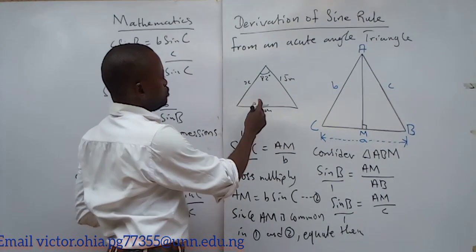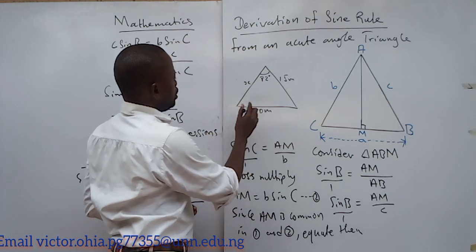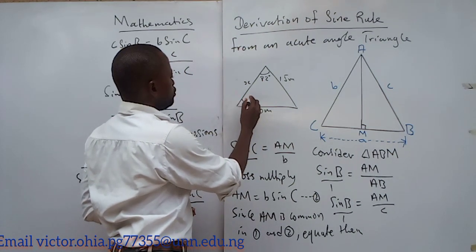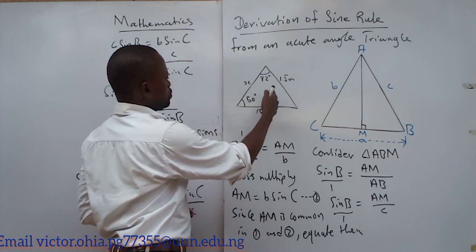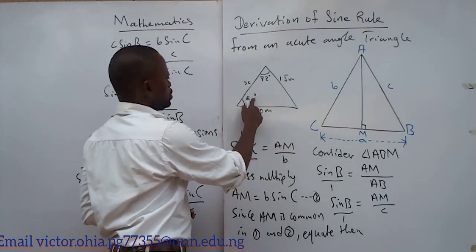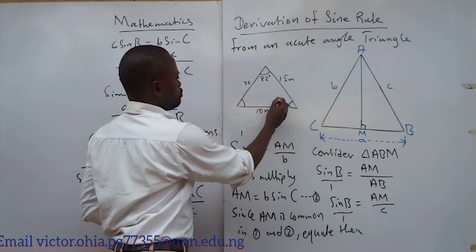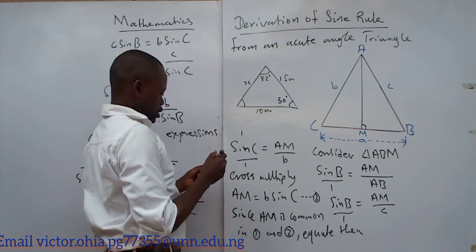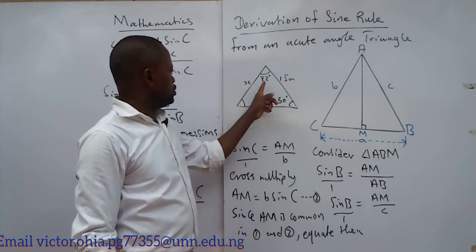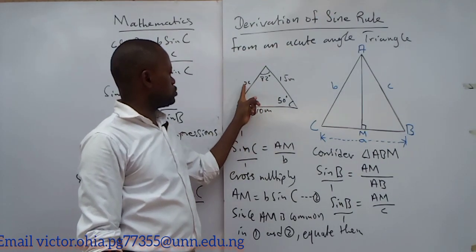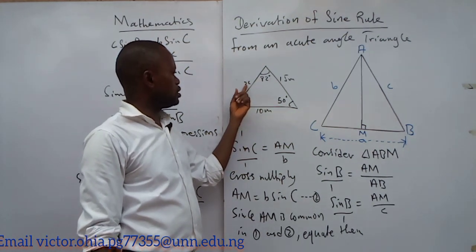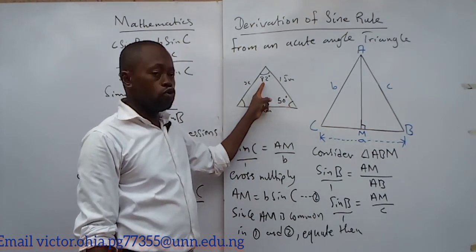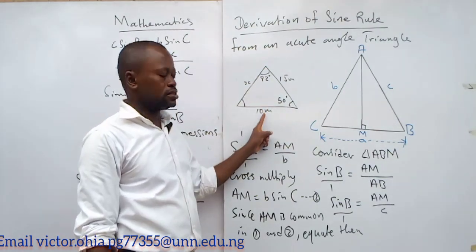equals to, no, the information here is not complete. Yes, maybe somewhere here, 50 degrees, so that you can have this over, no, I think I have to put this angle around here, 50 degrees. Yeah, so I think it's okay now. So you can have this over sine this equals to x over sine 50. So with that information now, you can be able to calculate. So you have two sides and the angle opposite one of the sides. Two sides,